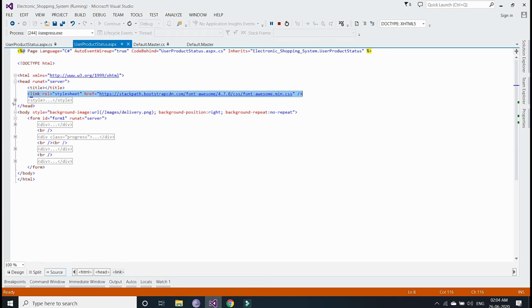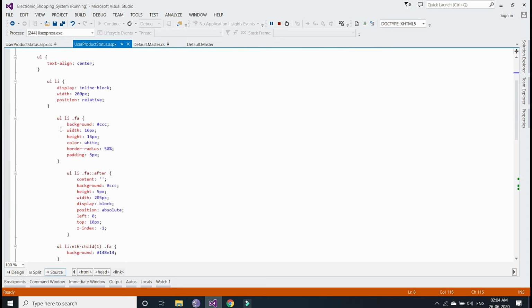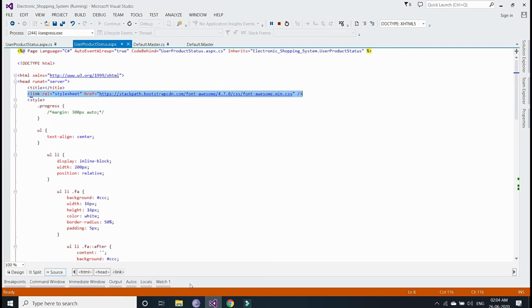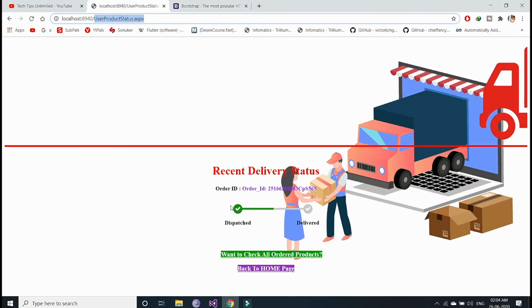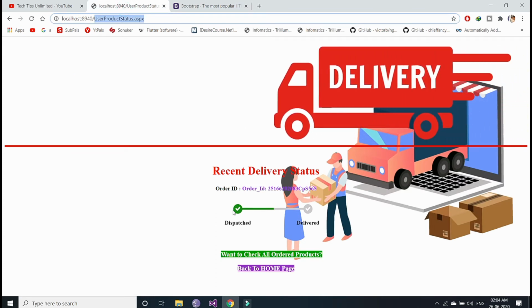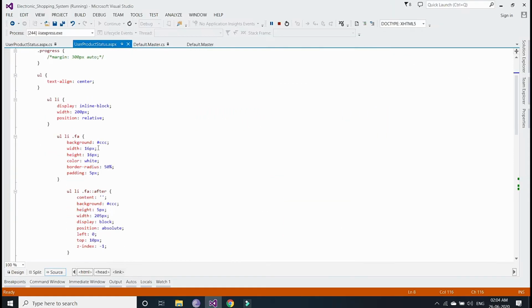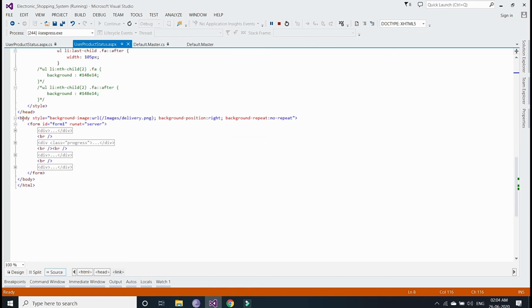After that, I have taken some style. I have taken this style for this progress bar status. For displaying this progress bar status, I have used this style, that is CSS properties. After that, in the background I have given the image URL.